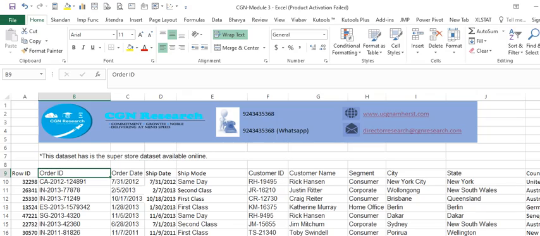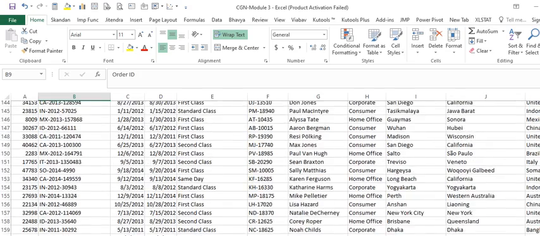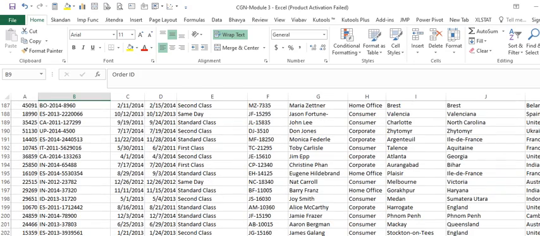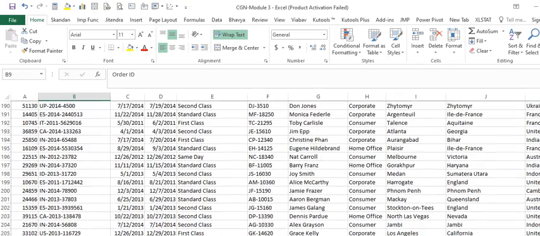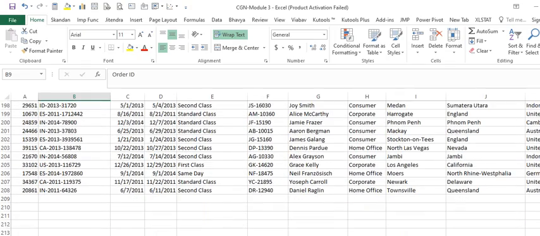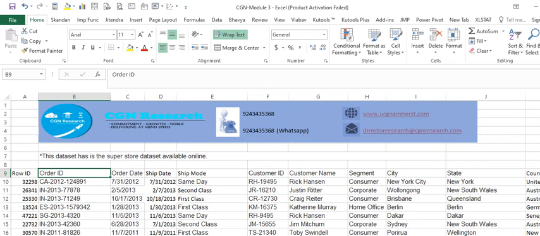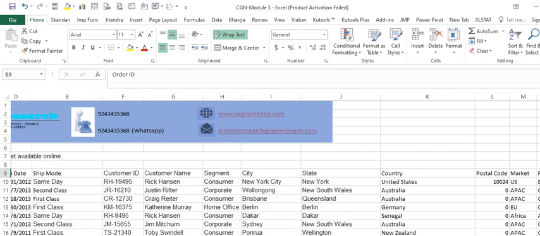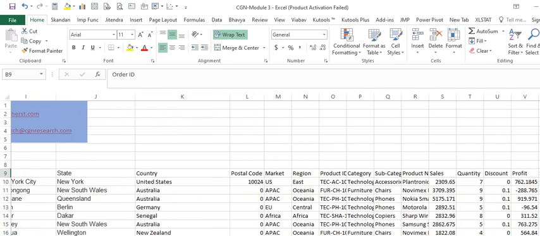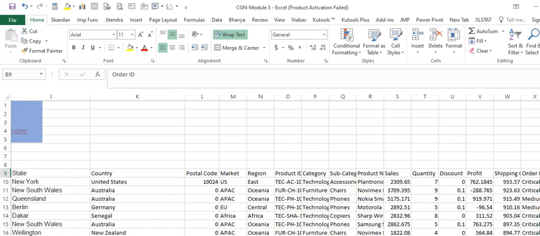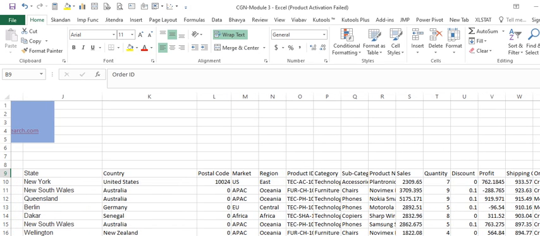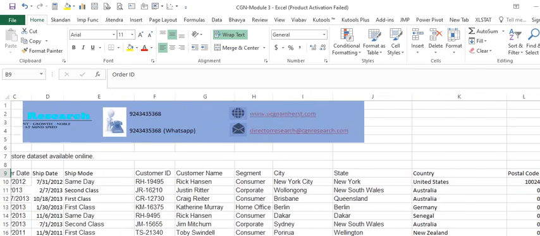When we look at this information, you can see I have a huge data set here. I have almost around 208 rows and about 24 columns essentially.